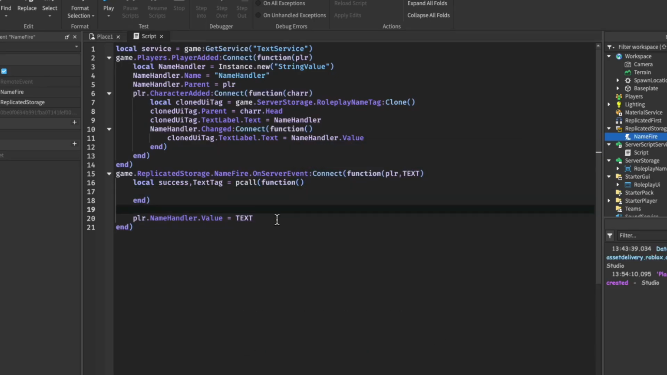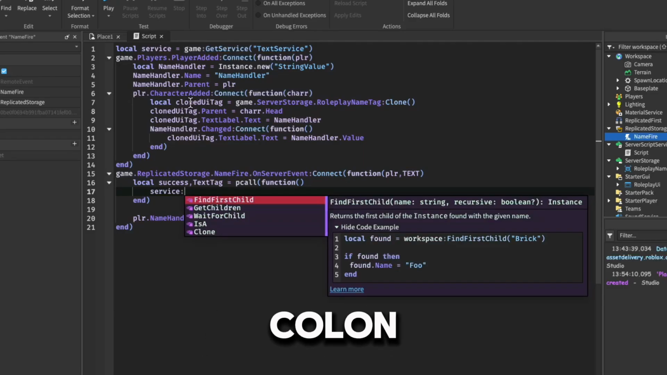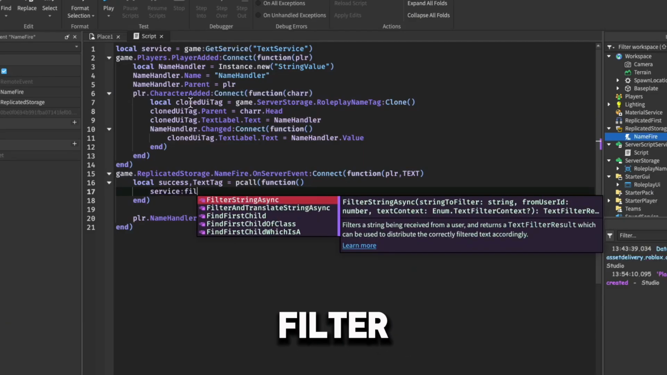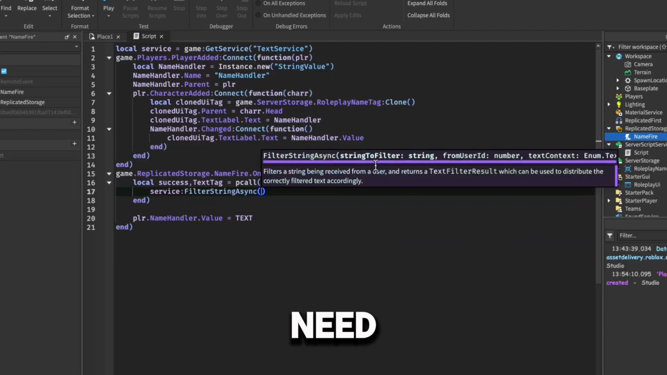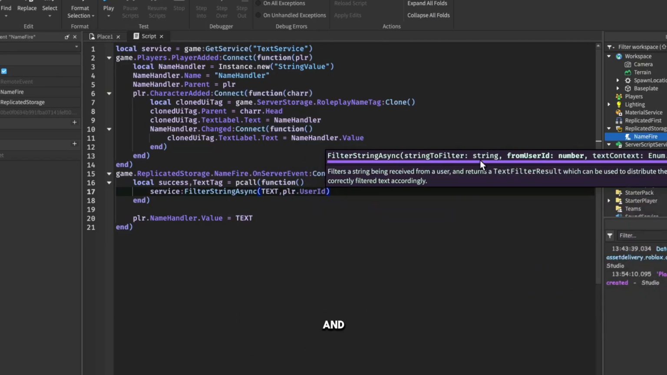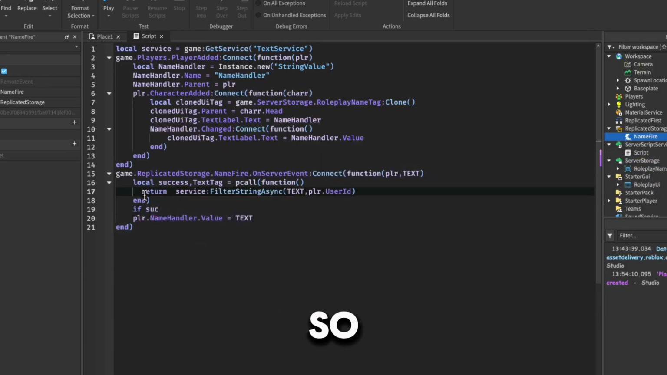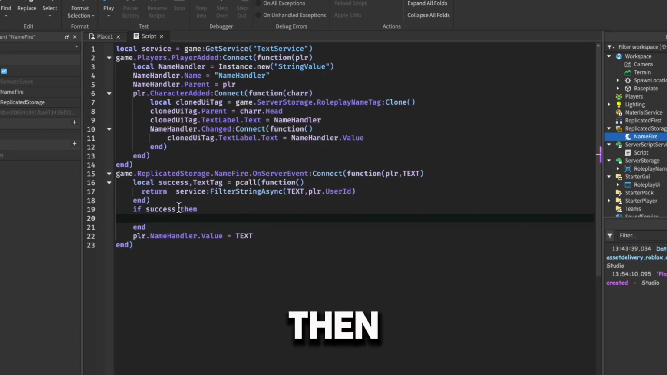It worked. Now we need to actually filter it using the service. So service colon filter string async. Now we need to put the thing that we're going to filter. So the text, and then our user ID. So player.user ID, and we can ignore the rest. So if success, actually we need to return it. So if we return it, then this will equal to this, to the actual text. So if success, then